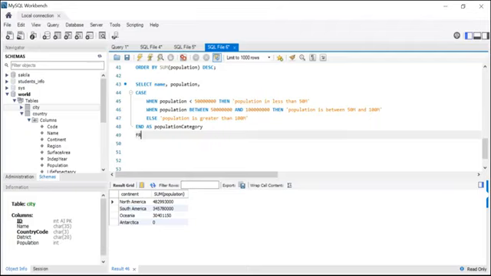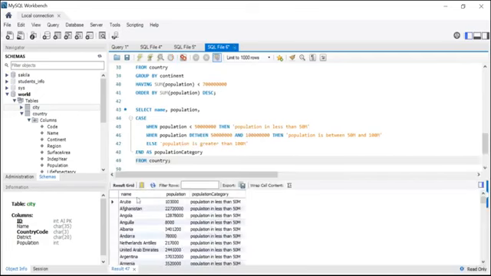So we have said from country table. Okay, so here we select the first column, the second column, the third column will be as a case statement. It will be named population category and it will depend on conditions. So if population is less than 50 million, population between 50 and 100, else we have this string that will be displayed. Okay, now if we execute that,